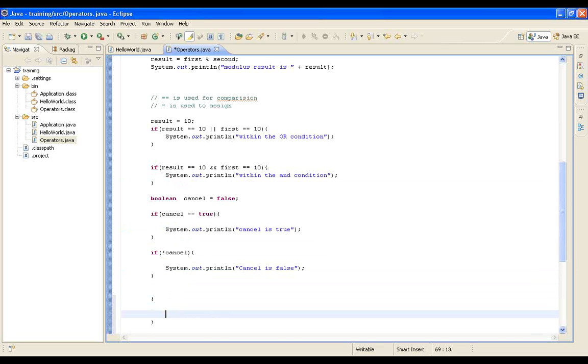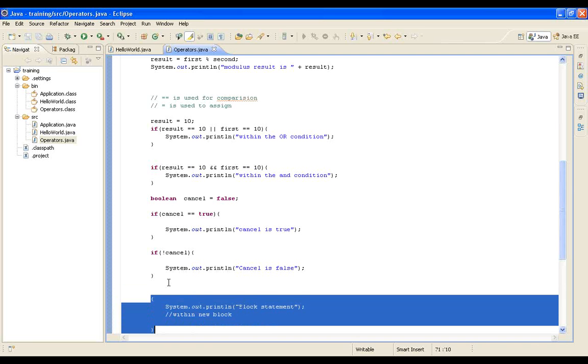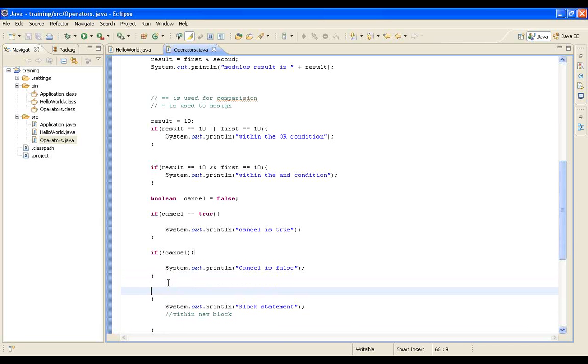Or I can create a block. I can just open this curly bracket and start writing something. You can actually put these brackets and write a number of statements. So that is called a block. Okay, so if I take these statements,